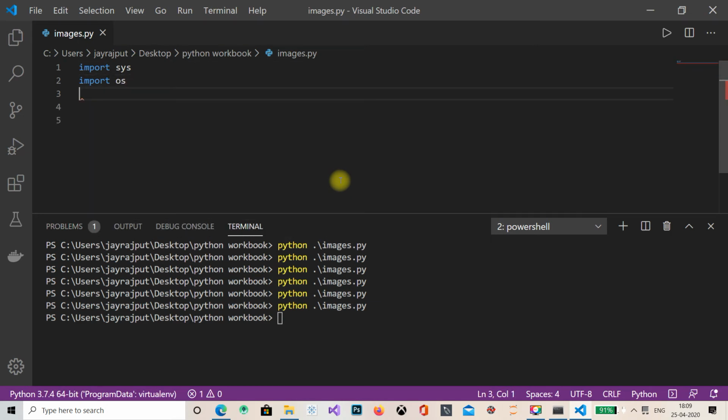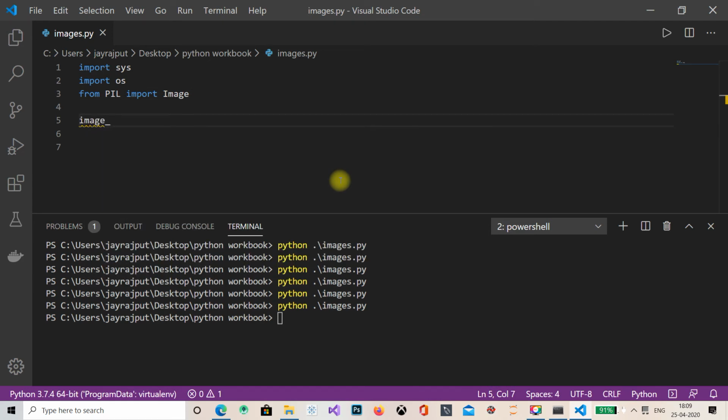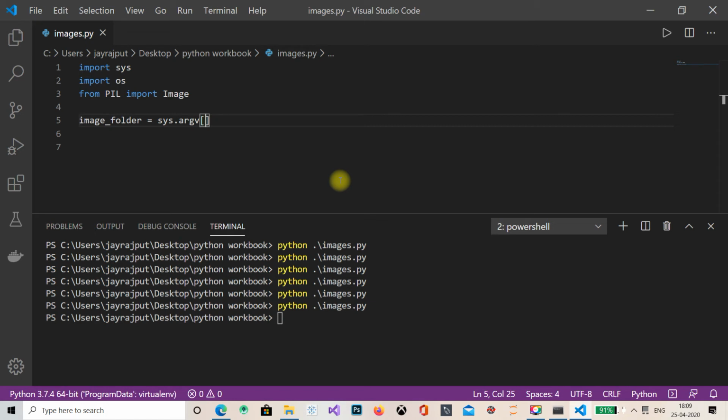Import os, from PIL import Image, which is this one, and now image folder is, I am giving it as system argument 1, so I'm using sys.argv[1], okay. Output folder is equal to sys.argv[2].